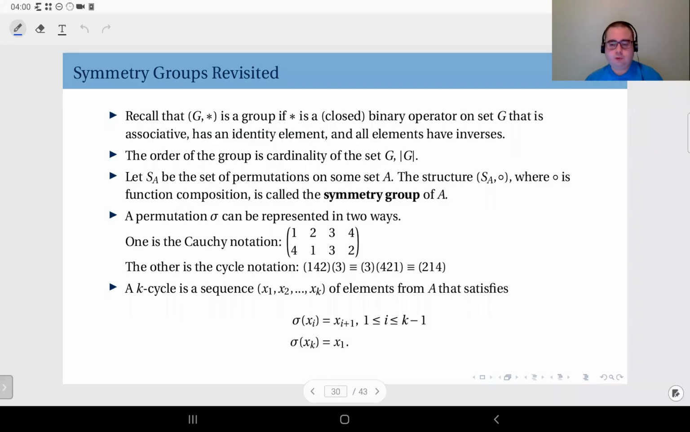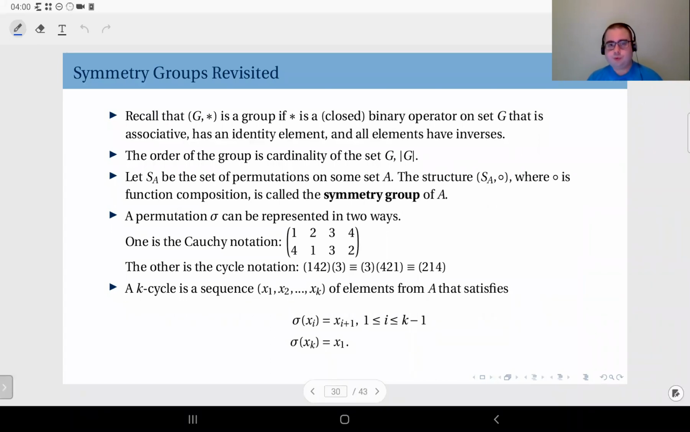So that concludes the discussion on generating functions in this context, and we are going to move on to the next technique in our arsenal for this week. And before we do that, we have to remember symmetry groups that we discussed when we defined algebraic structures and